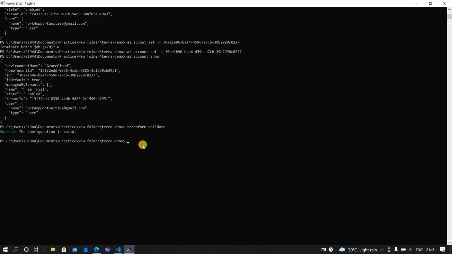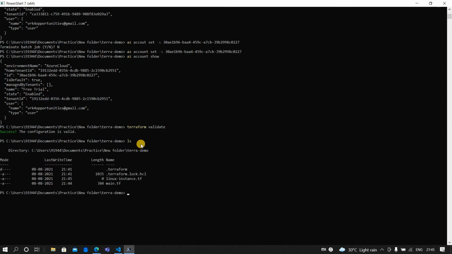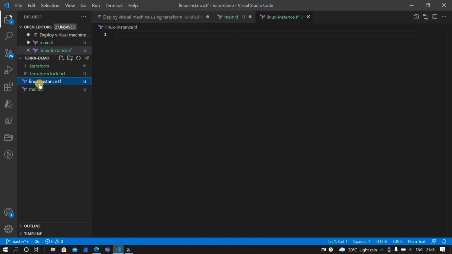When you're performing any Terraform apply or plan, whatever files are there in this folder will be considered as the Terraform configuration files, and the Terraform plan or apply will be applied to all the respective resources. Terraform is smart enough to find the .tf files, organize them, and start executing things. So let me go back here.